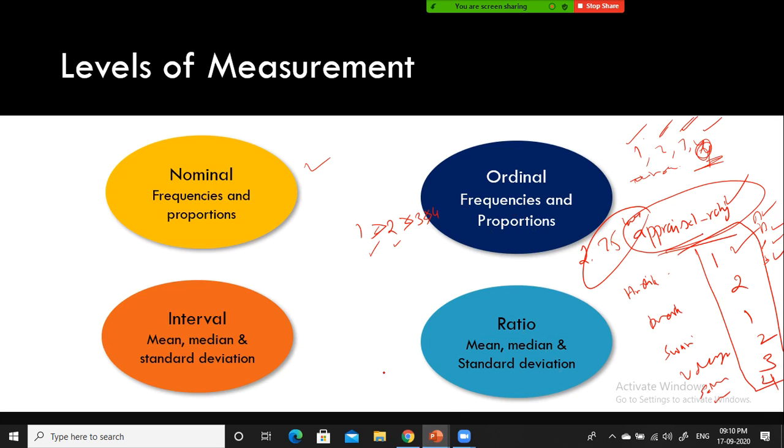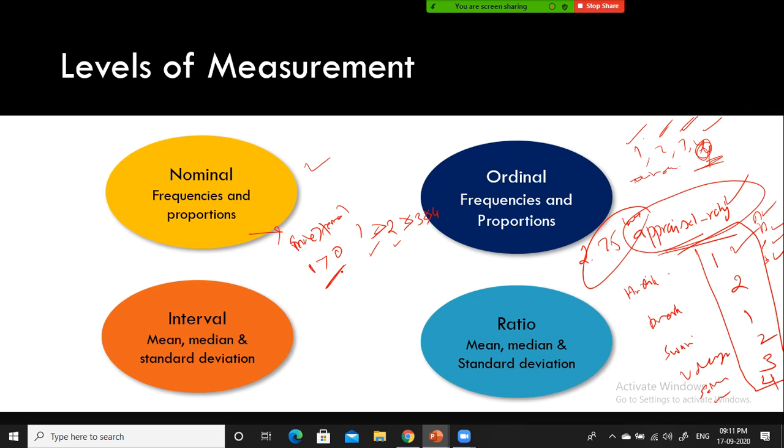Now let us step back to our nominal type of variable. In the nominal, can I say, for gender, male is superior to female? Instead of saying male, female, I can also do some kind of encoding. Let's say 1 is male and female is 0. Just because we encoded male as 1 and female as 0, can we say male is superior to female? And vice versa, can we say? You cannot say, right? It doesn't make any sense. Gender bias is an offense in the USA. There should not be any gender bias. There should not be any bias with respect to race.